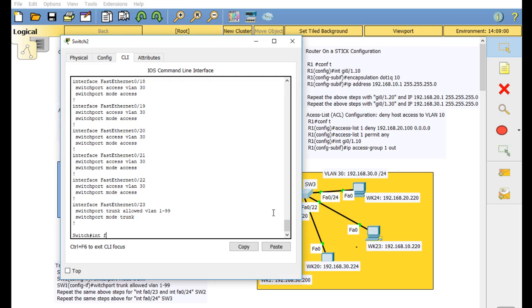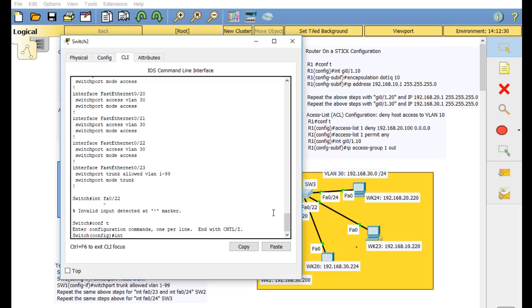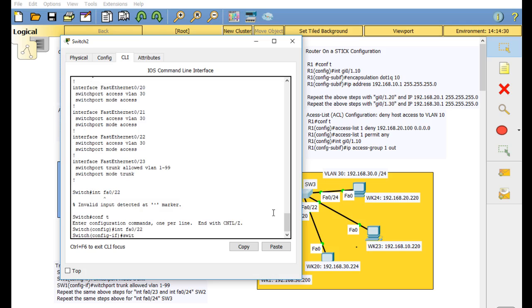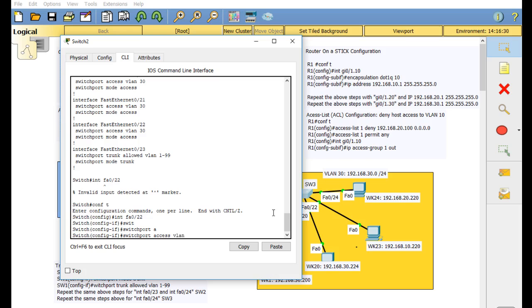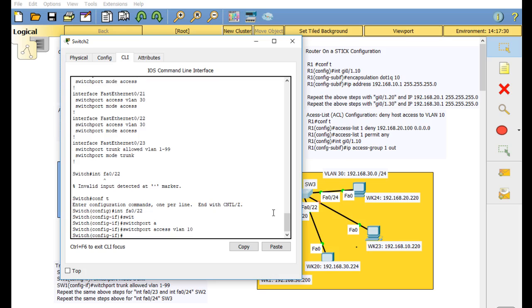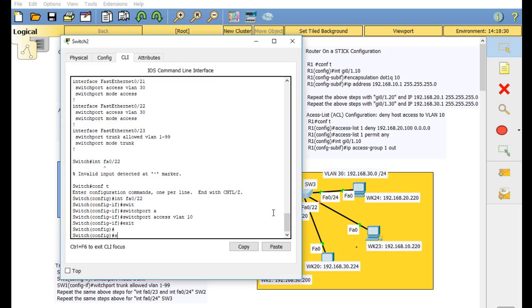Interface FA0/22. Config T, interface FA0/22, switchport access VLAN 10. That's what it should be. Alright, so